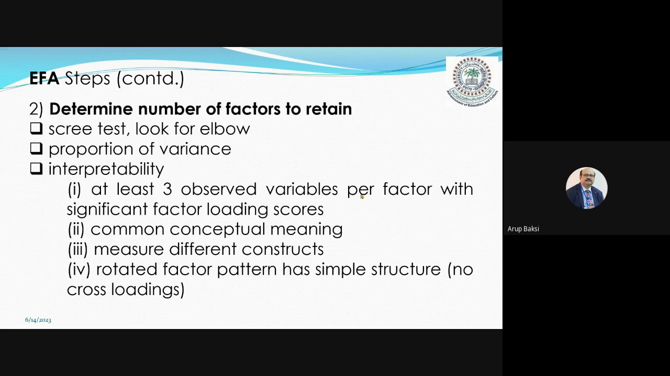Under-identified models are not good models. Yes, there will be statistical significance. You will touch the statistical significance level. But unfortunately, the model will not be very sound, the model will not be very robust. Okay? Interpretability on the ground of common conceptual meaning, interpretability on the ground of measuring different constructs, and the rotated factor pattern has a very simple structure, no cross loadings. Okay? So that particular issue of under-identified, just identified, and over-identified models, and the cross-loading of observed variables into factors, these two will be explained in much more detail when we will take up the CFA,